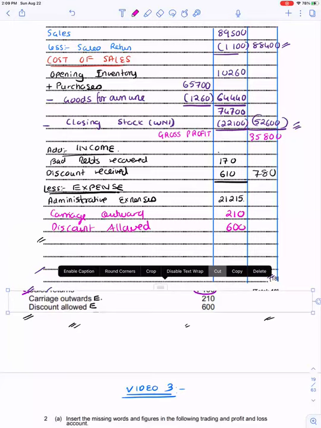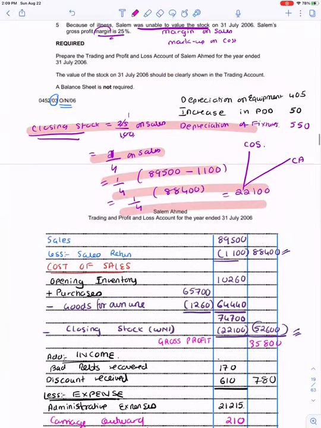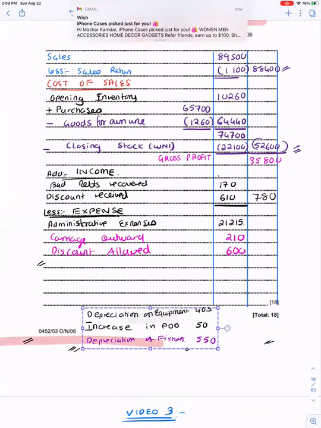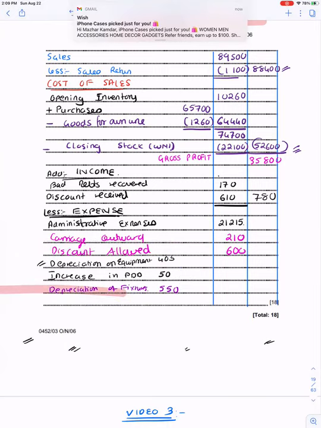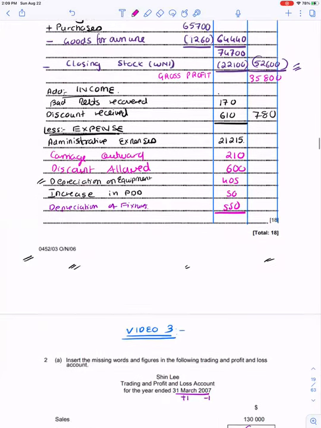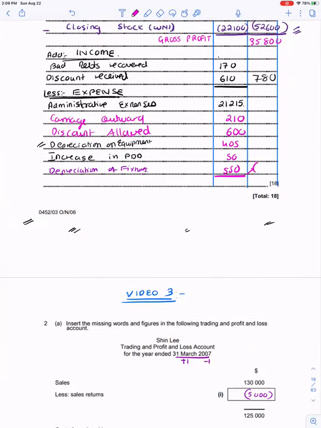And plus, I had made a list of all the expenses which was there and I need to consider. So this I will record over here. It is 405, 50 and 550. I had recorded it at one place so that it becomes easier. Add all the expenses together and this expenses you will put over here. This you need to put in brackets because you're going to minus it.